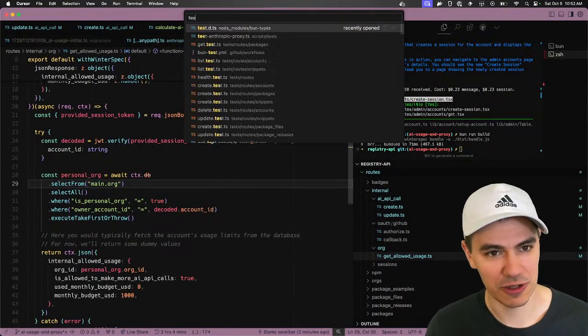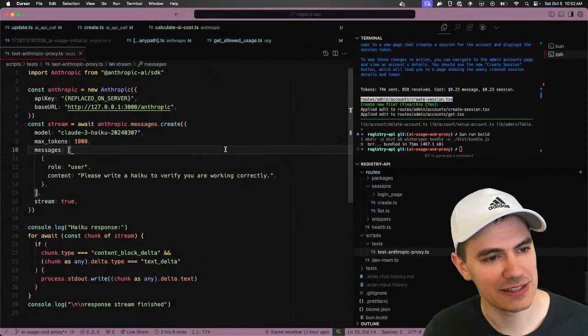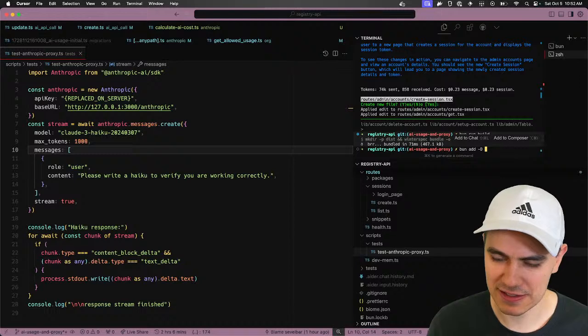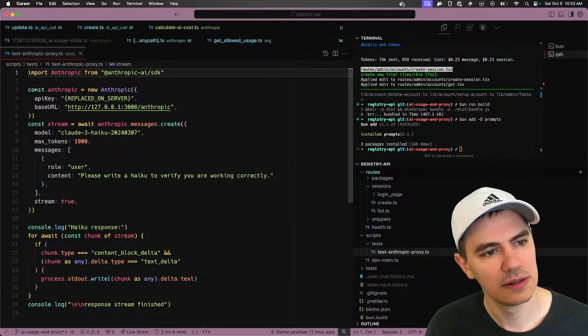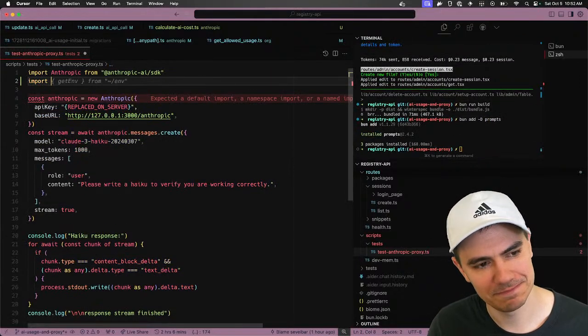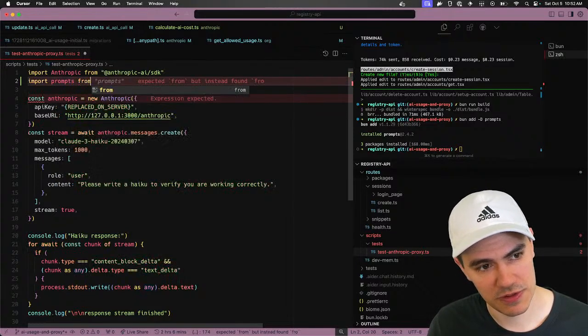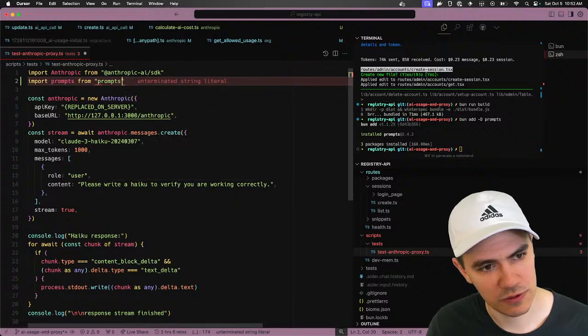Okay, so now I can go to our test Anthropic proxy. Let's add prompts as a dev dependency, and then we will prompt for it. So yeah, prompts from prompts. Do I have to install types for this?